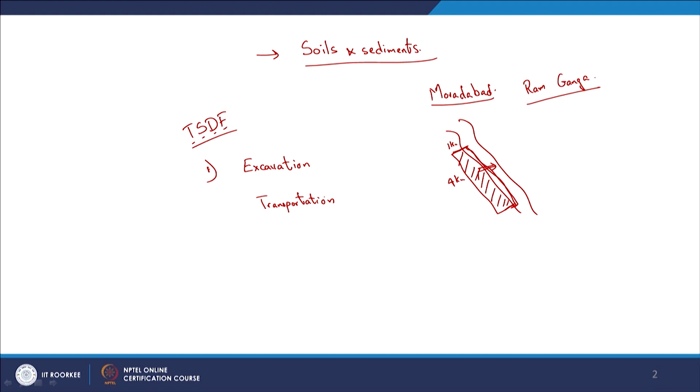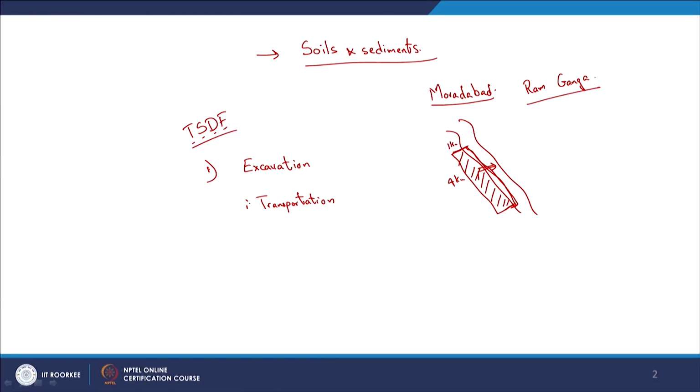There are many ideal case scenarios or ways to get things done, but obviously everything boils down to the resources available, and how feasible it is. Again, we are going to crunch the numbers. Typically for this case of Moradabad, we are going to look at the numbers later on. But transportation costs are something that you certainly need to look at, and obviously the excavation costs too, the cost for excavating the soil, that is a major factor that we need to look into. And then pollution during transportation,